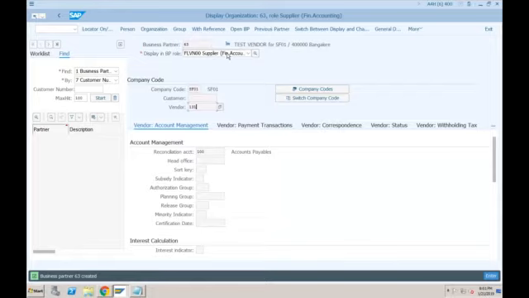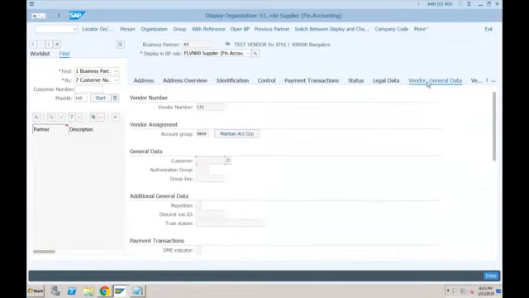But if you go to this general data, and go for vendor general data, see, the system has automatically determined the vendor account group, and this vendor account group is assigned to this number range. But the question is, how did the system determine this? We did not provide this manually, right? So how did the system come to know which vendor account group to use? The system came to know this vendor account group based on the BP grouping that we provided.